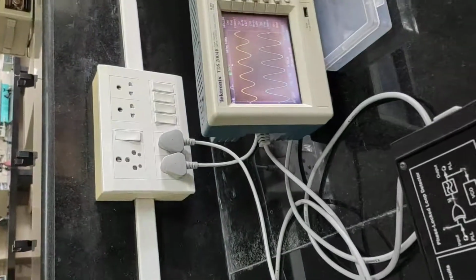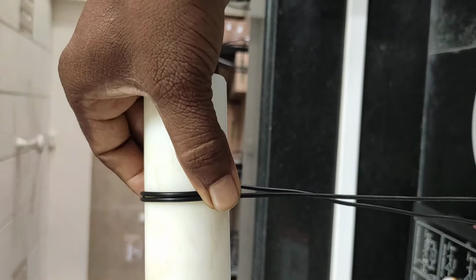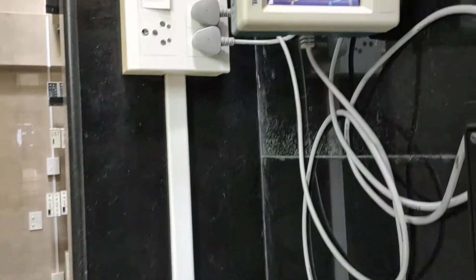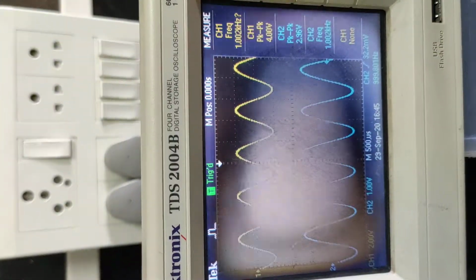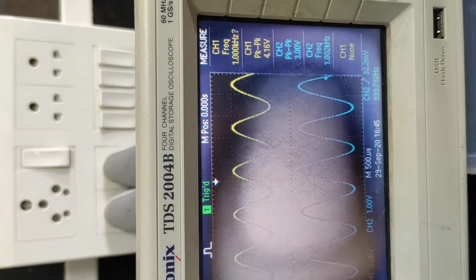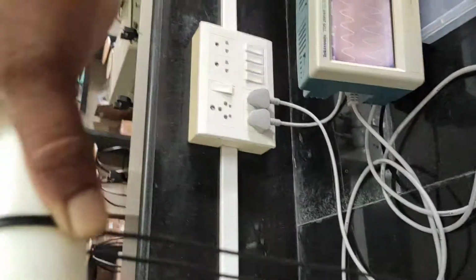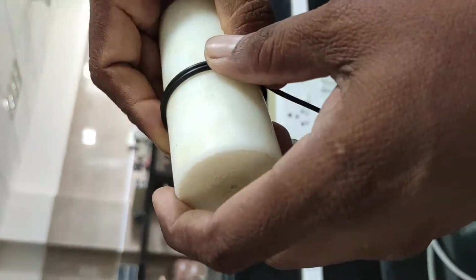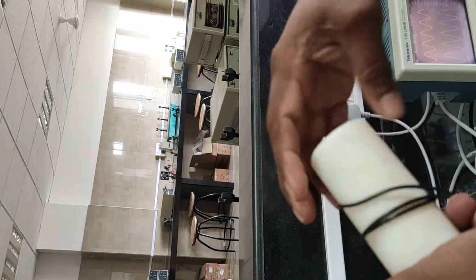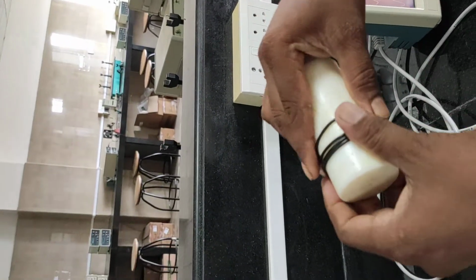So when we rotate the optical cable by 1 turn, we will see the decrement in the output. See, that output waveform gets degraded, and over here we will get the output waveform as 3 volt. Okay, similarly we will rotate it for the 3 turns. This is 1 turn, this is 2 turn, and this is 3 turn.